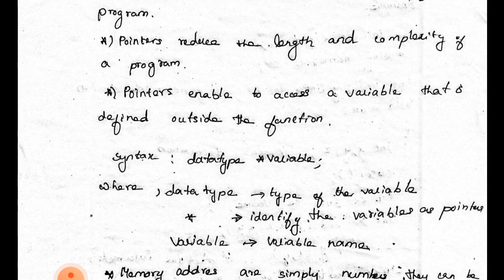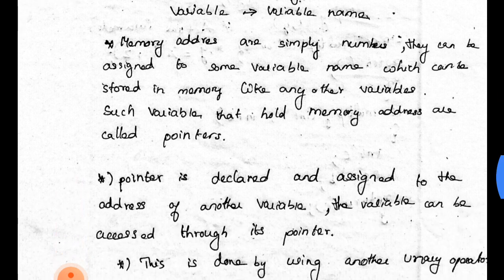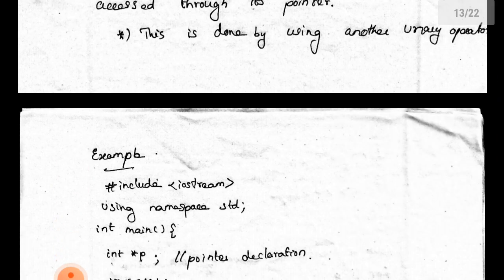Variable means variable name. Memory addresses are simply numbers that can be assigned to some variable name, which can be stored in memory like any other variable. Memory addresses are called pointers. The variable which holds a memory address is called a pointer. A pointer is declared and assigned the address of another variable. It uses